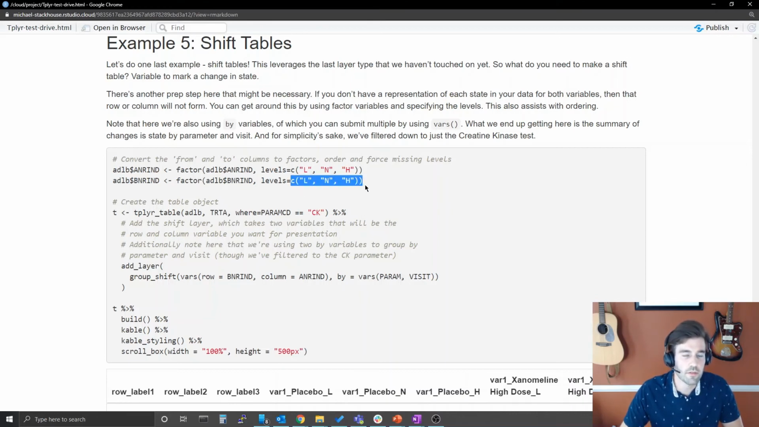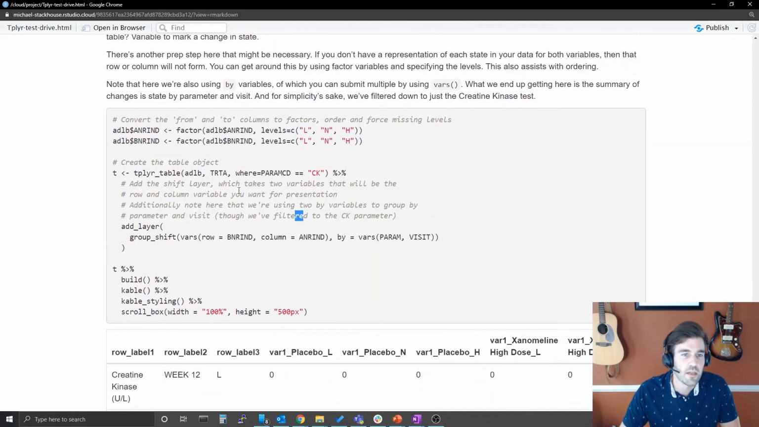And we convert them to a factor. So within each of the groups that we summarize, each of those groups will be presented so that we can get that nice little matrix by treatment group. So we're going to set subset here to param code equals creatine kinase so that we can have a little bit less data to look at in these tables, which can get quite long, but I'm going to use ADLB and TRTA. I'm going to add a layer, so I have group shift,